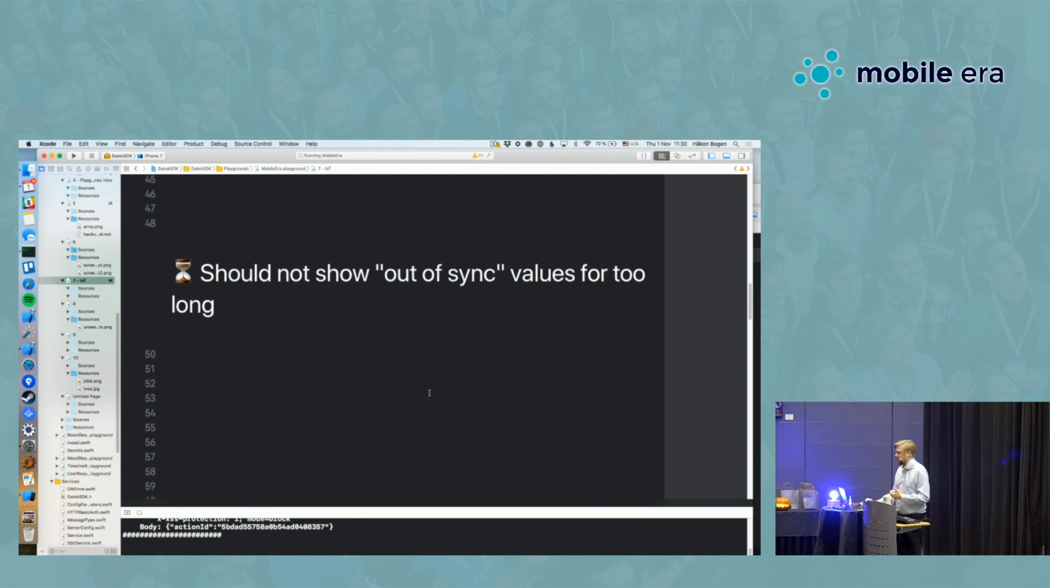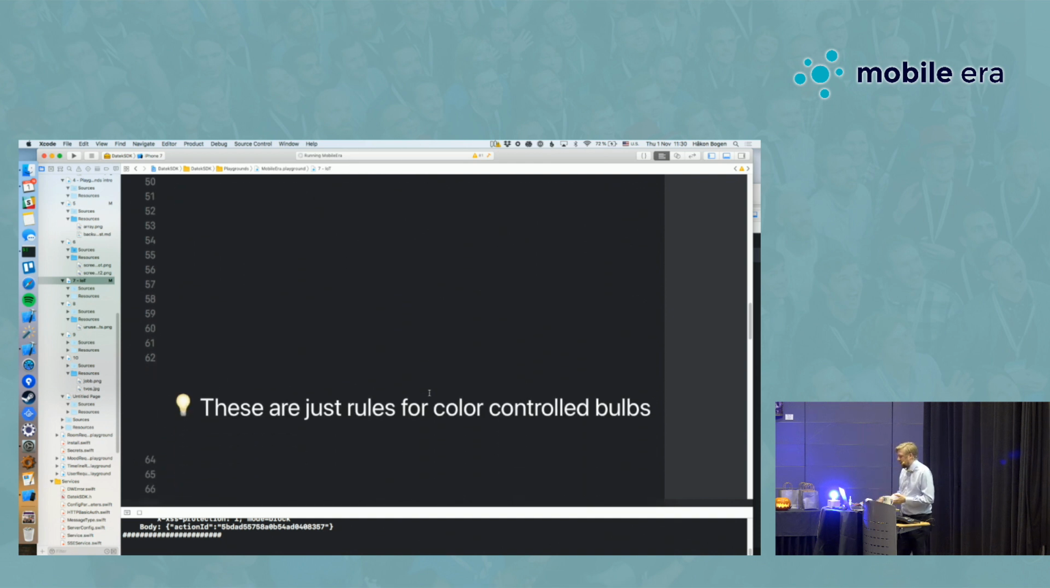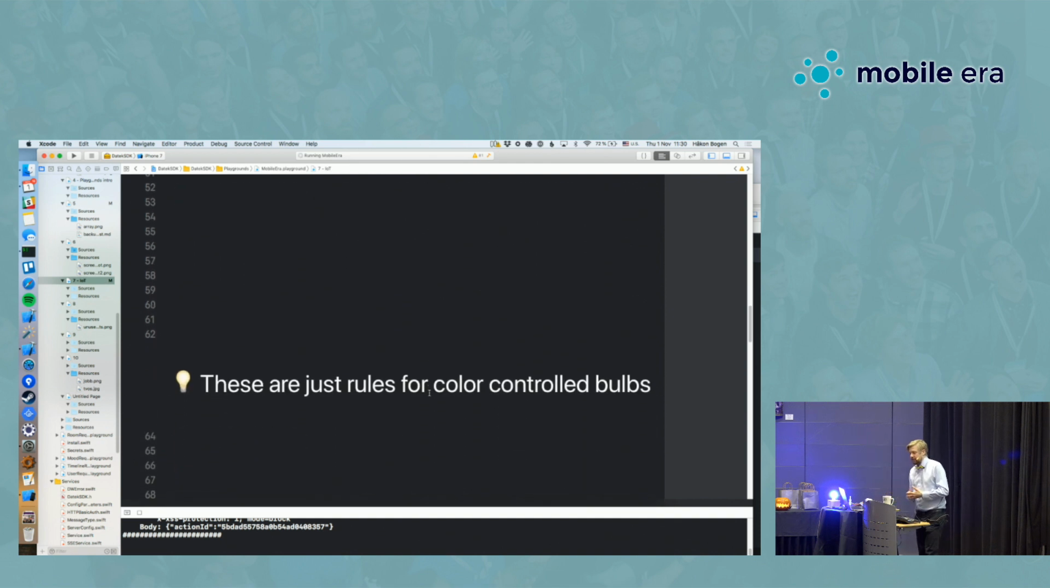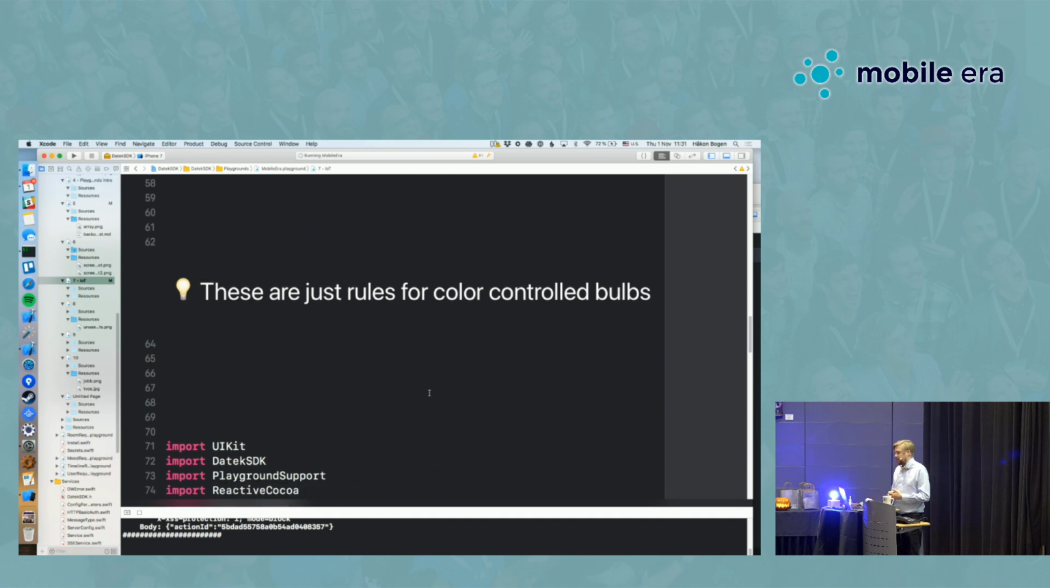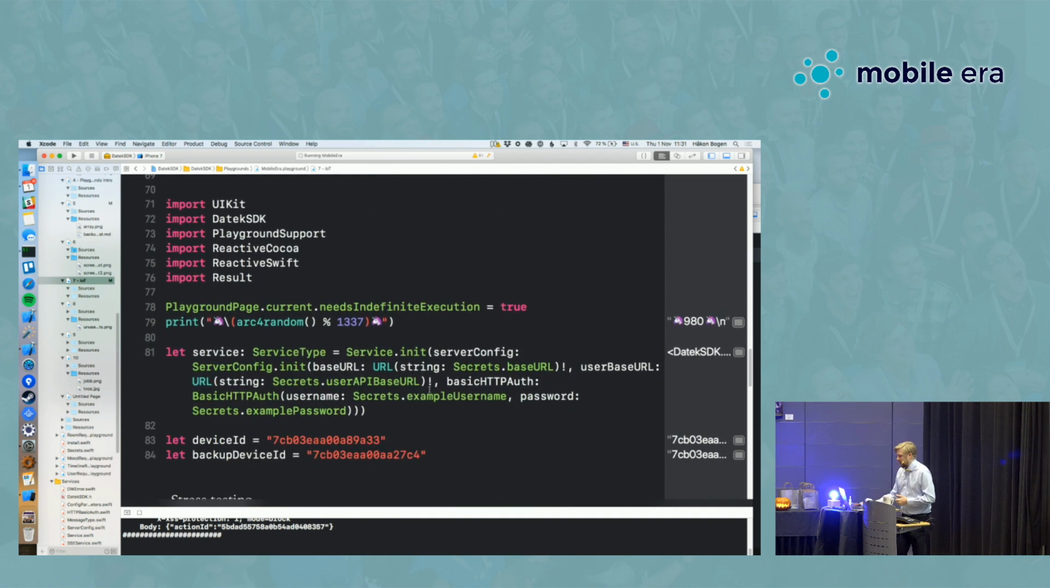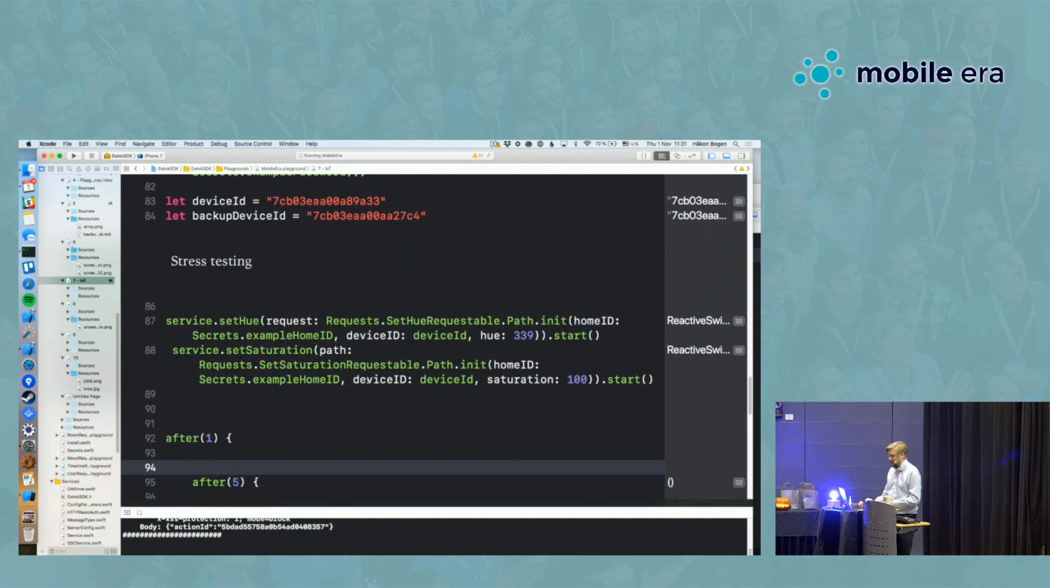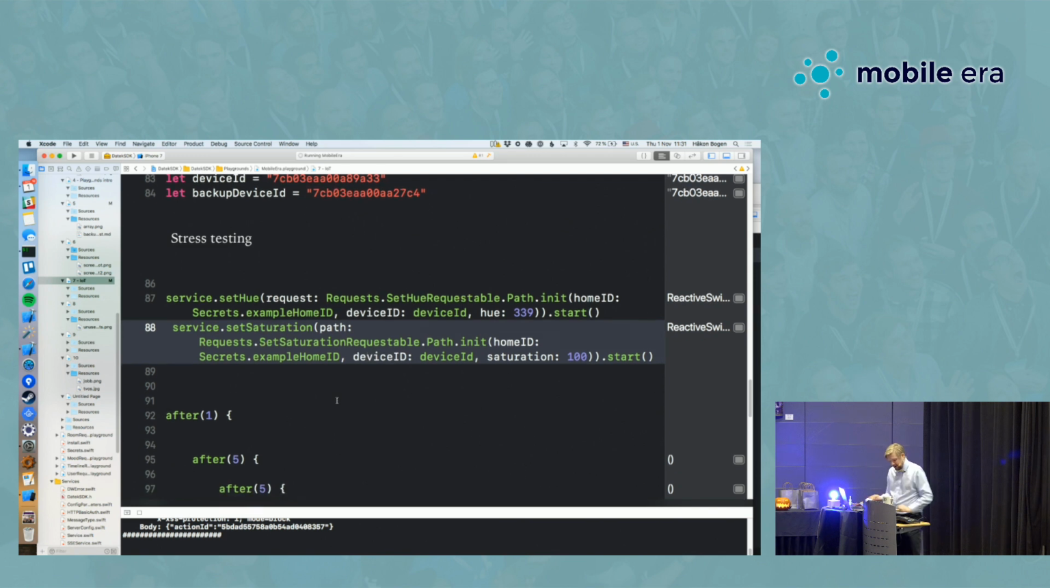So it's a lot of these rules we have for IoT devices, and this is just for color controlled bulbs. There are like 5 different rules just for how to show what kind of status a bulb has. And that's kind of hard. So I just added a playground here, where I can actually stress test this bulb a little bit to test some of the things, like how will